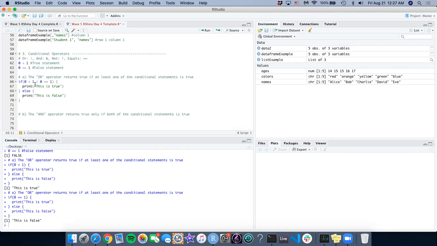So this splits the two conditional statements and returns a single Boolean value, true or false. Okay, so the best way to explain this is by just saying out loud what the condition is. So we go through this logic of the statement. If 0 is less than 1,